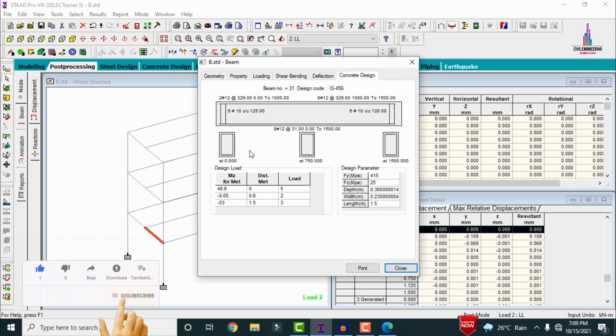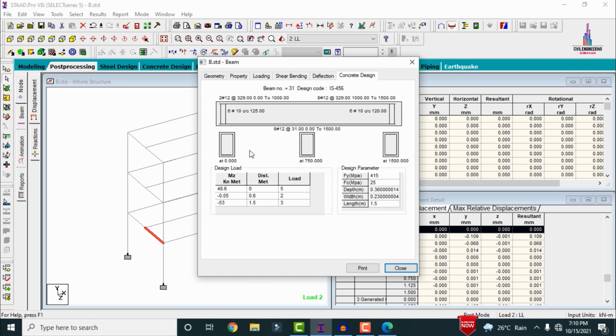But from the results point of view, we need to keep in mind that we have to calculate the area of steel required for the member, whether it is a column or a beam. Initially we need to calculate that member's area, and then match that reinforcement with the StatPro results. So 3 bars, 4 bars, 5 bars, we have to think about the structure, the geometry of the beam sections and column sections.